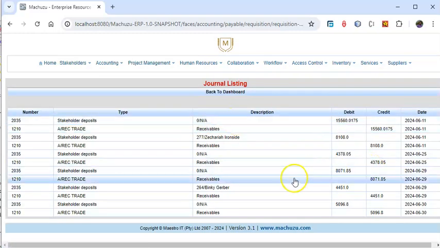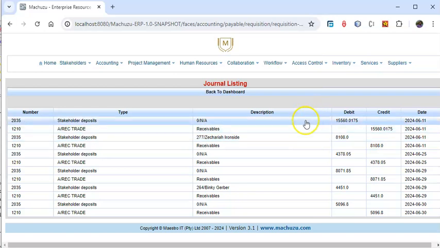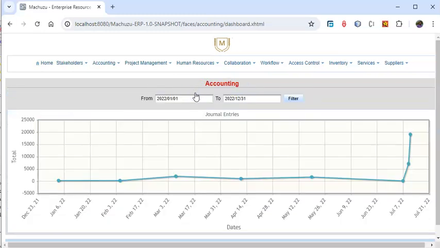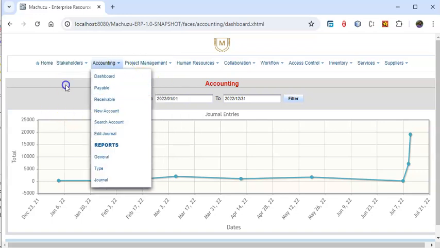So all of those transactions go into your journal. Yeah. And then you have your dashboards for the account. I'll get onto the dashboards